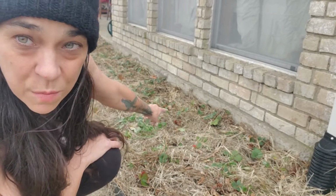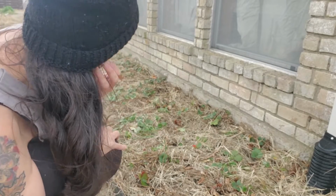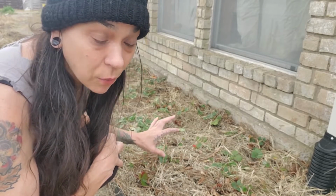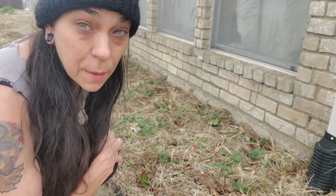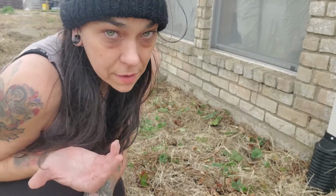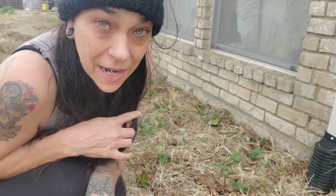So if you can see how much mulch is on there right now, that would be fine if we were really actually ready to go straight into spring, but we are expecting another couple of frosts. So I'm going to put the mulch back on. In about a month or two, when the threat of frost has gone, I'm going to add some seeds to